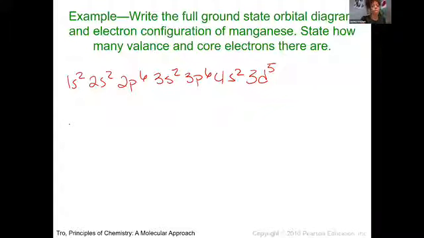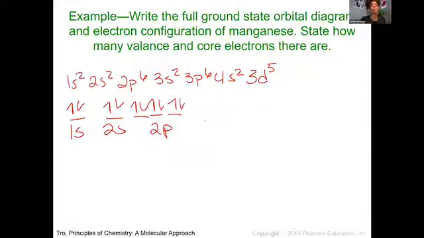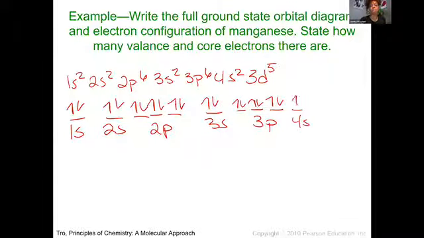For our orbital diagrams, we would say 1s, 1 orbital, up and down. 2s, 1 orbital, up and down. 2p, 3 orbitals, up, up, up, down, down, down. 3s, 1 orbital, up and down. 3p, 3 orbitals, up, up, up, down, down, down. 4s, 1 orbital, up and down. And then for your 3D, now we have 5 orbitals that we can fill, and each one will get an electron independently